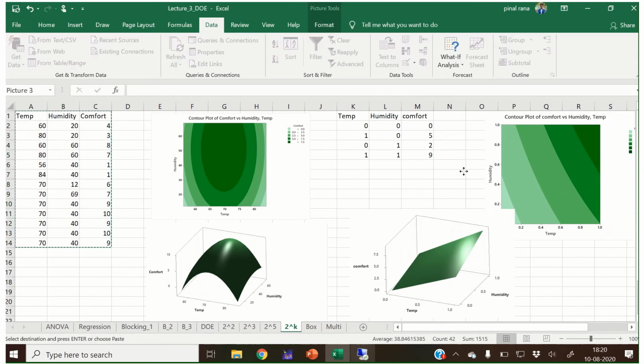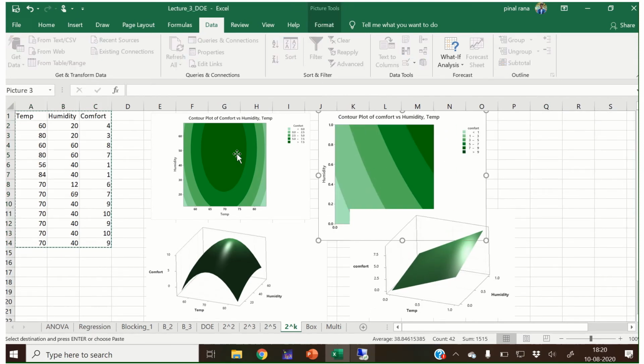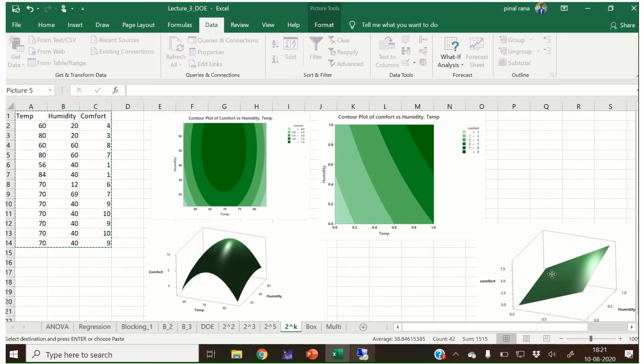Now we can compare both. Here we found one particular value for the comfort, but here we found a range of values in which a human can feel more comfortable than in other cases.